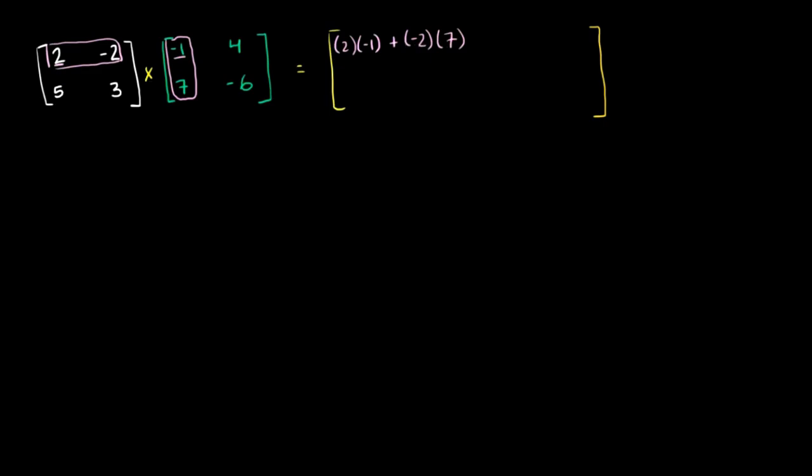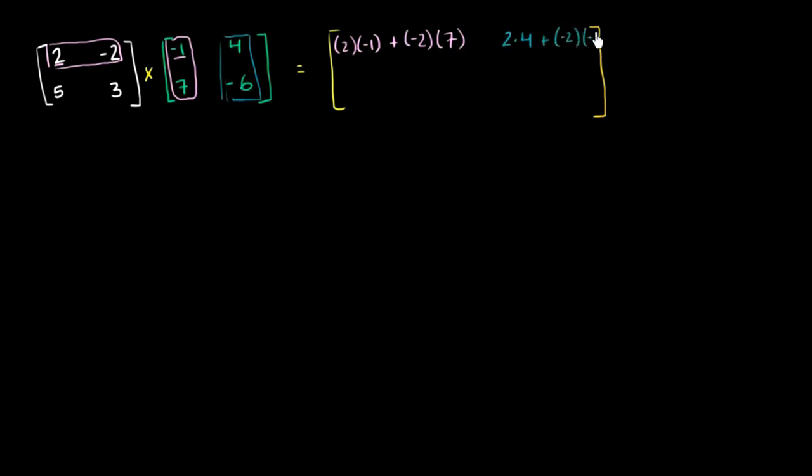But let's think about the other ones. To get this entry right over here, we're going to take the first row from this matrix and the second column from this matrix. That makes sense because we're still in the first row, but we're in the second column. First row, second column. So it's going to be 2 times 4 plus -2